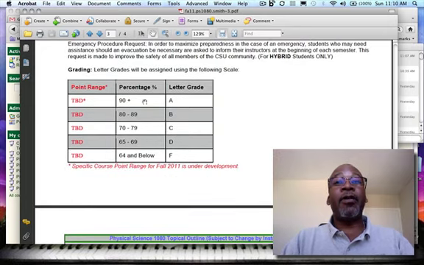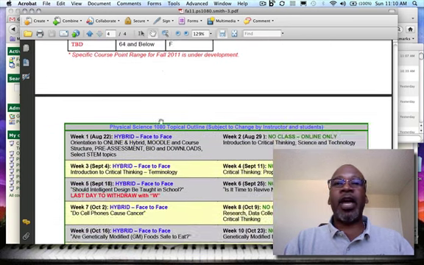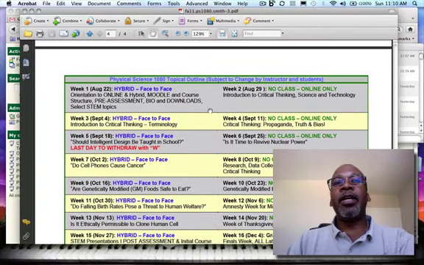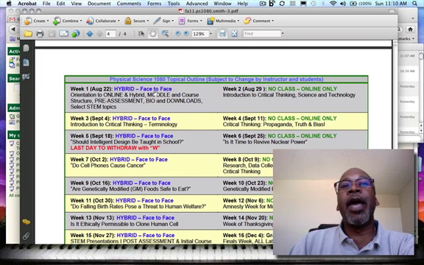Here's my grading scale. I only have percentages right now, not the points, but 90% or better is an A, 80 to 89 is a B, and so on. You'll see the points online because I grade pretty frequently. And then last but not least, because I want to get on to the instructional method, as you can see,